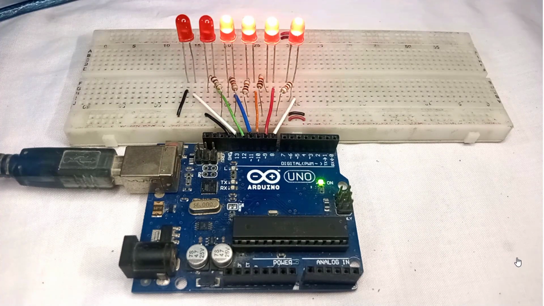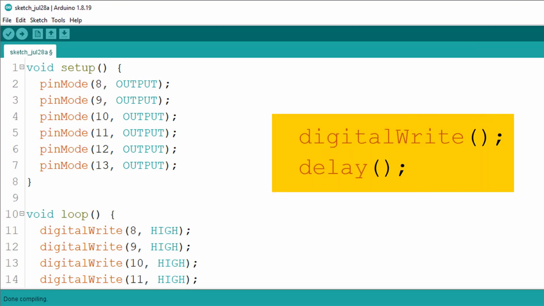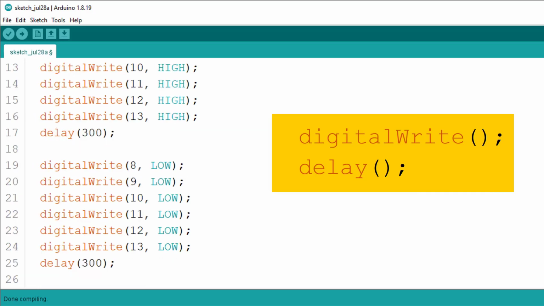As you can see, the LEDs are blinking with both patterns, all LEDs turning on together, and then chasing each other in a sequence. The coolest part is that we have only used two functions to create these patterns, digitalWrite and delay. By using these functions in different ways, you can make really cool LED patterns